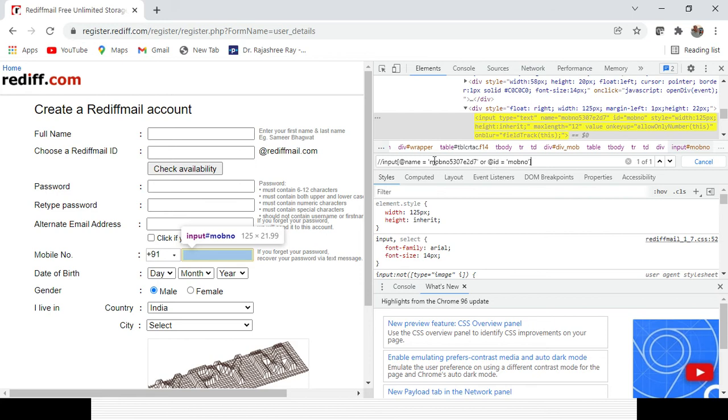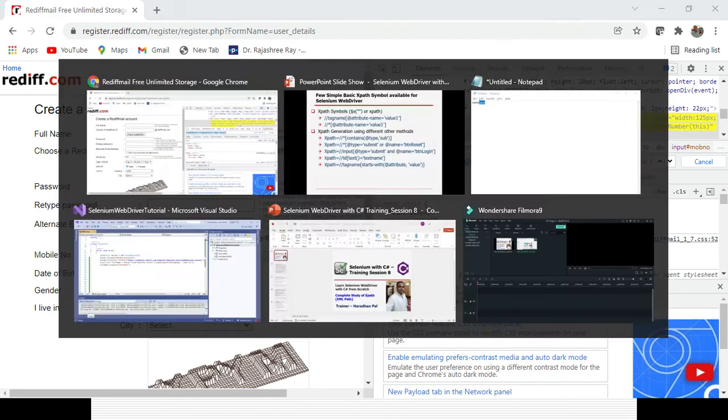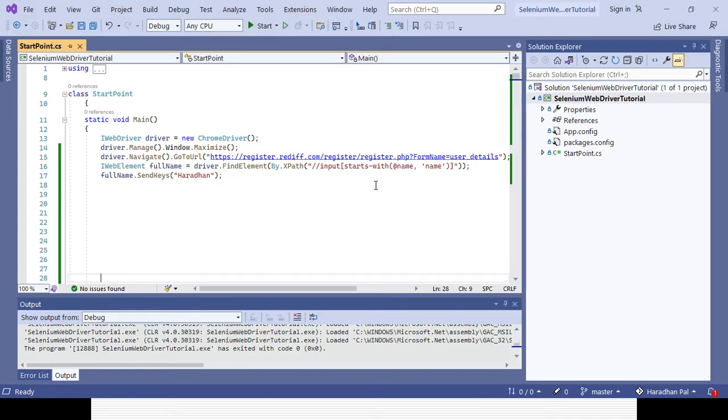Suppose in case the mobile number, the static part, is getting changed, still with the help of id we are able to identify the element uniquely. So that's why we can use the OR operation. In case we know that one part might change but the other part will be fixed, we can use the OR operation, right? You can see here OR. So let's try to identify the element with the help of this OR operation, which is the mobile number, right? So we'll be creating another web element.